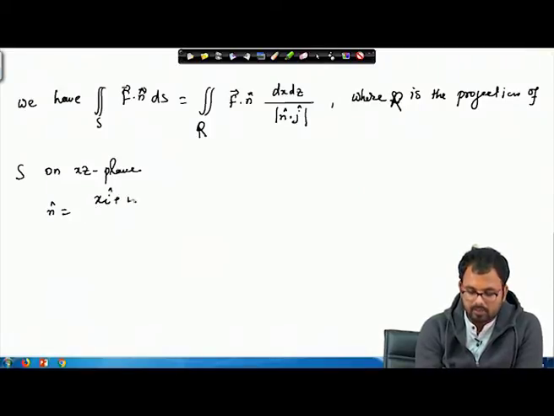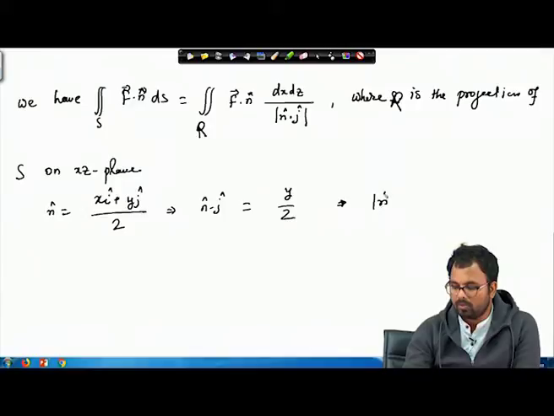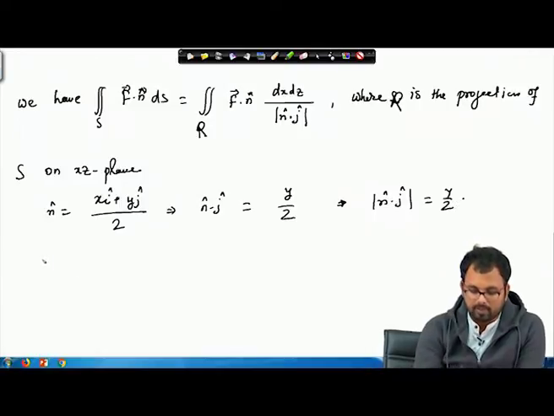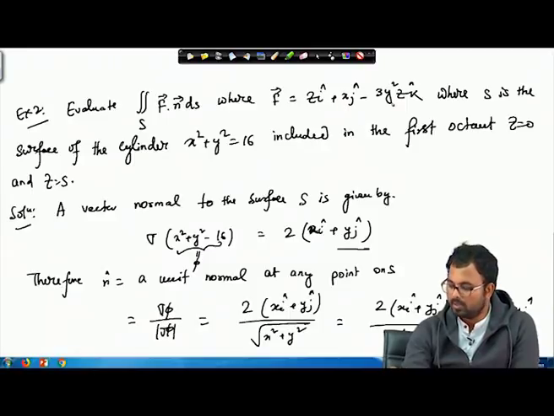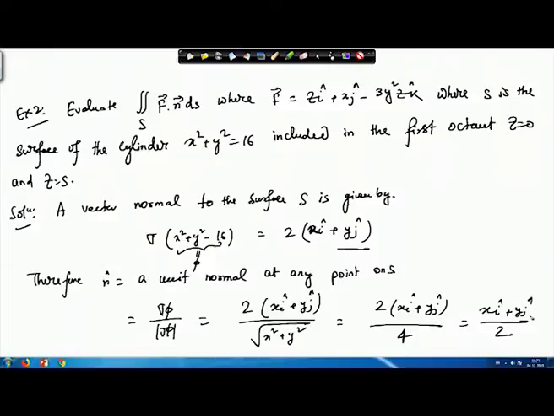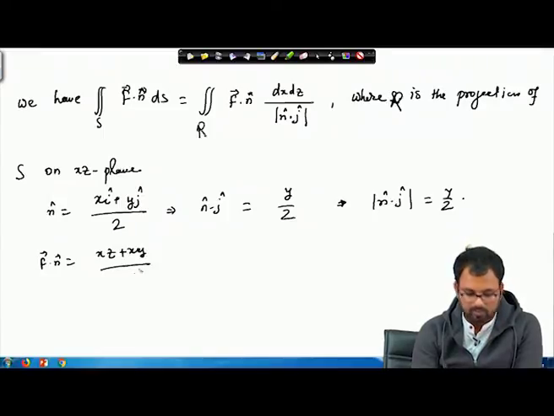x i plus y j divided by 2. So from here n dot j would be just y by 2, and the absolute value of n dot j will be simply y by 2, right. And f dot n: our f is given by z i plus x j minus this. So when we take the dot product, the k component is 0, and therefore this will be xz plus xy by 2, right. So this will be xz plus xy by 2, and